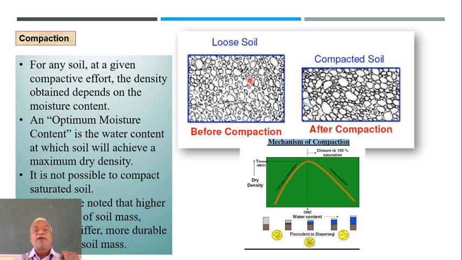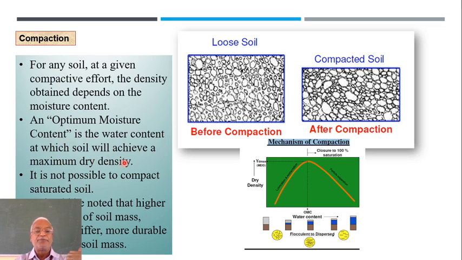Okay. Now here there is a picture of some natural soil before compaction. It is now after compacting. What happened is the same soil particles have come together, and a lot of airspace which was there has gone out, but the amount of water remains the same or increases sometimes. Now, an optimum moisture content, what is meant by optimum, is the water content at which the soil will achieve